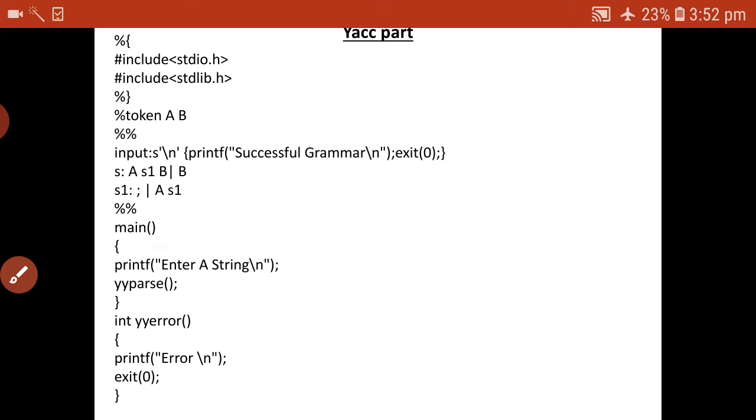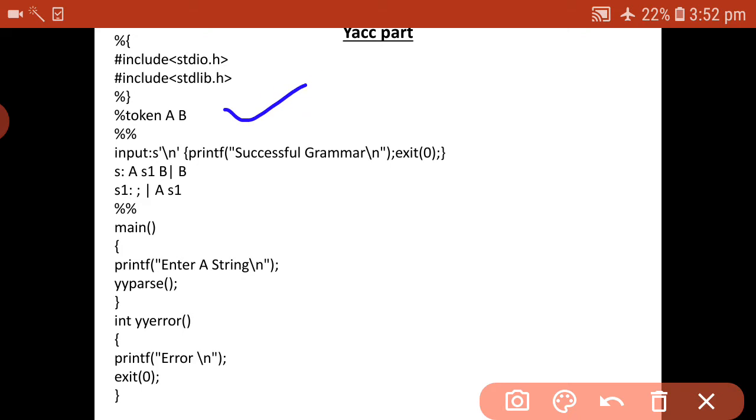In the definition section, normally we are using the header files standard input output .h and standard library .h, so normally we are using C. Next, you can initialize the tokens. Token A and B were already taken in the lex part; in the same way, take token A and B. This is the alphabetic language of A and B.